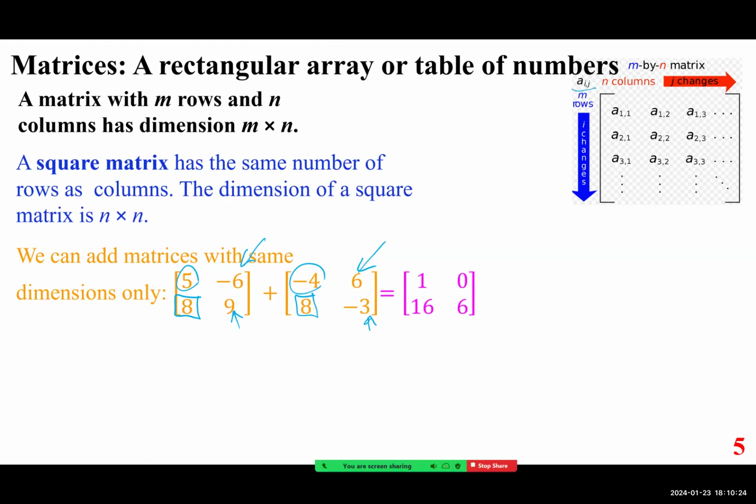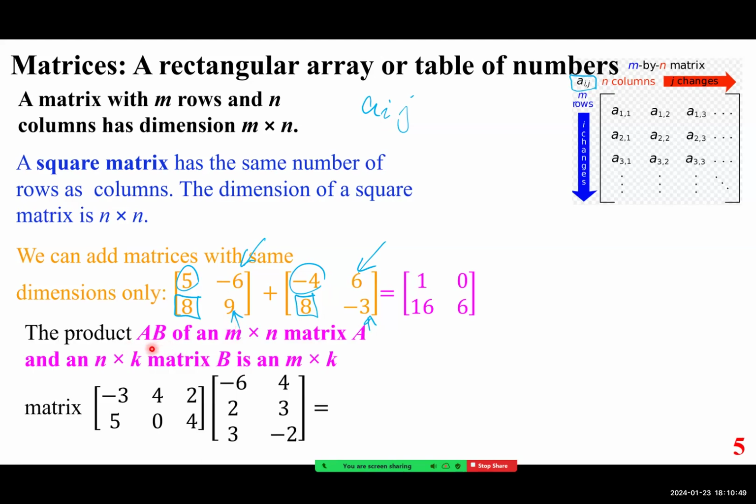Notice they represent every element as A sub I, J. I refers to the location of a row and J column. So this would be A11, this would be A12, this would be A21, A22. The product AB of an M by N matrix A and N by K matrix B is an M by